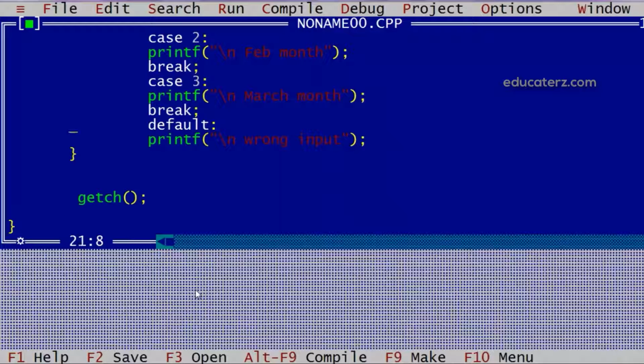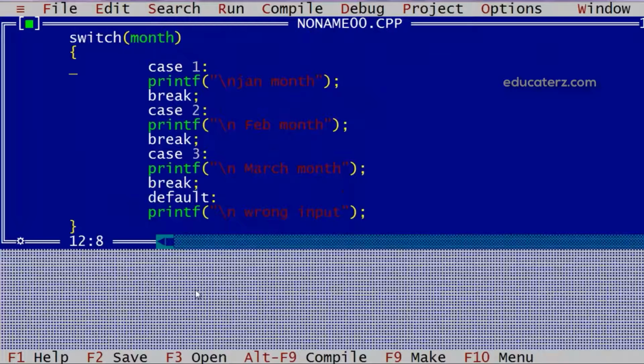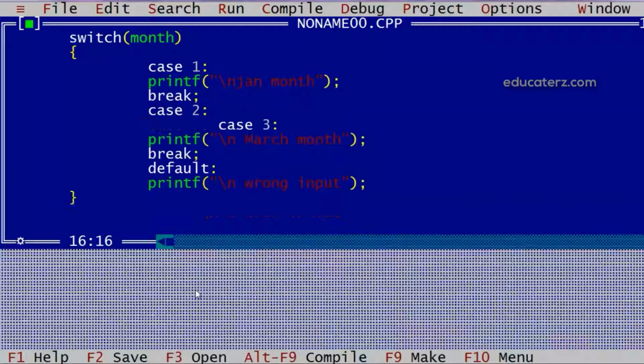Now as we have discussed, this break statement is not mandatory. For example, suppose I want that if month is 2 as well as 3, I need to display the same block, that is, this is summer. In that case, instead of giving that block twice, I can have case 2 then case 3, and for both these cases I have a common body, that is, this is summer.